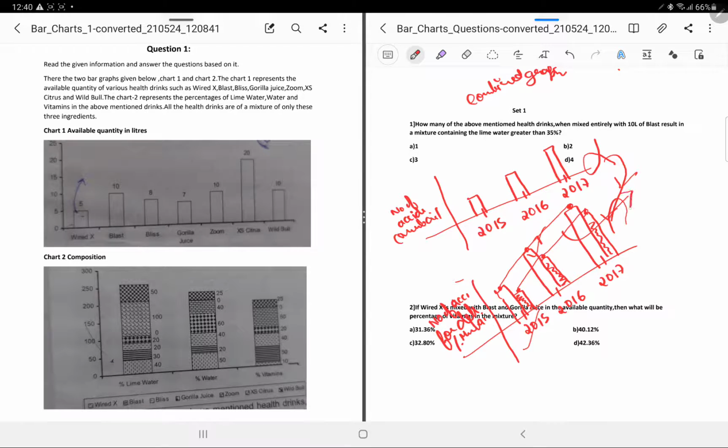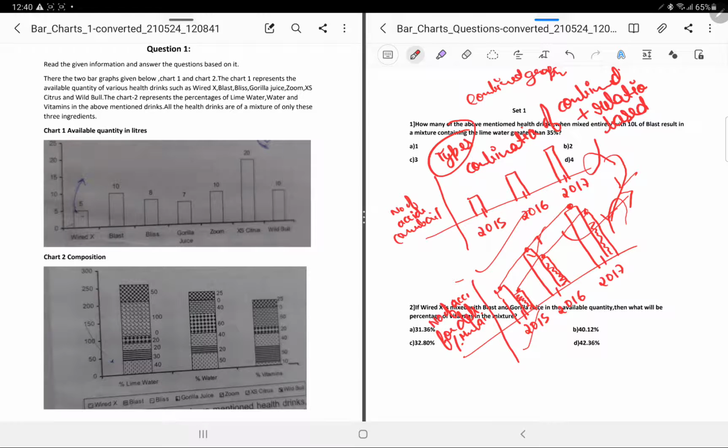So line graph questions are also similar, as for the case of the line graphs, but we'll discuss bar charts here only. Okay, so these are the two types of questions that you have, and the third type could be, of course, the combination of combined plus relation based graphs. So you could have even a combination of this stuff. Okay, so these are the three types of questions that you generally find on bar charts.